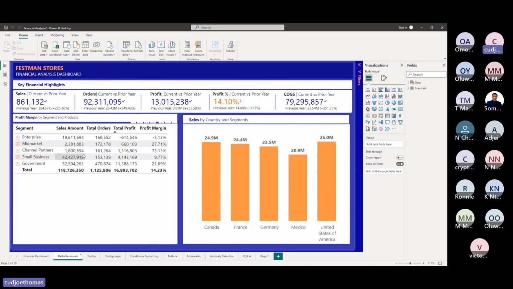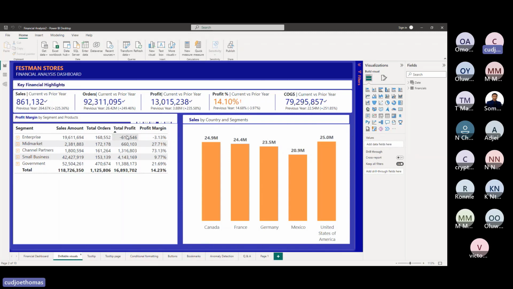So this is an example of a drillable visual. If you take a look at this, we are visualizing sales, order quantity, profit and profit margin by segment. So here, these are the segments that we have. Now within this report, we have also given our users the option to drill down to get additional information whenever they need to. For example, if they take a look at this data point here, we are looking at segments, which is enterprise. So we have their sales, we have the product order quantity, we also have the profit margin